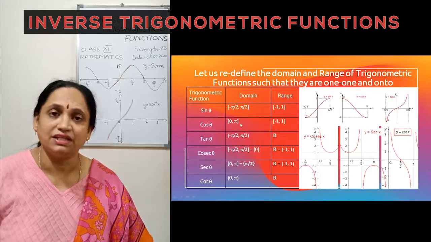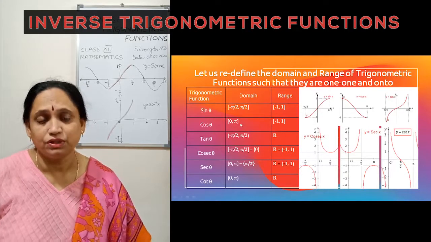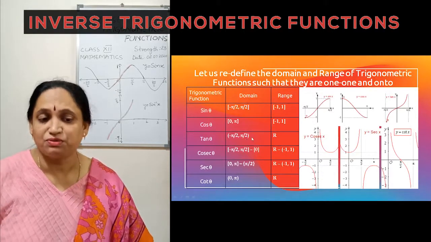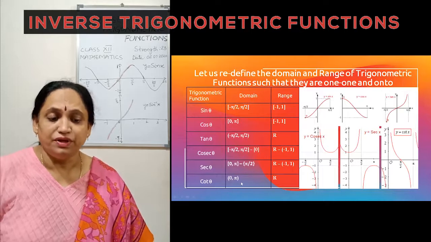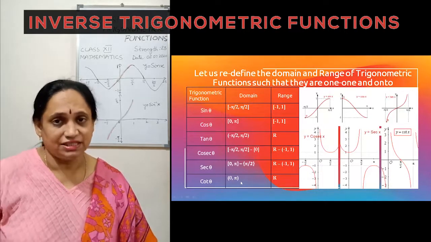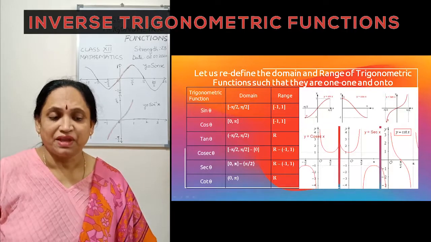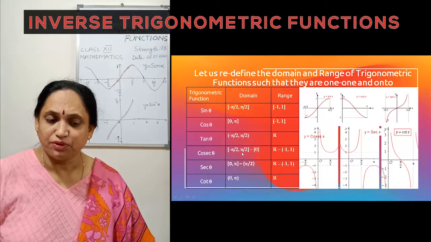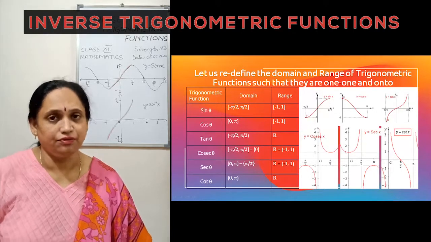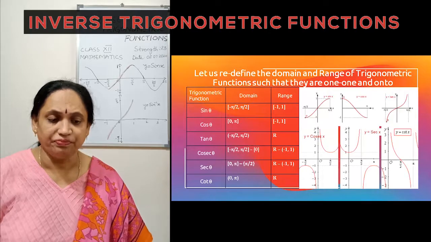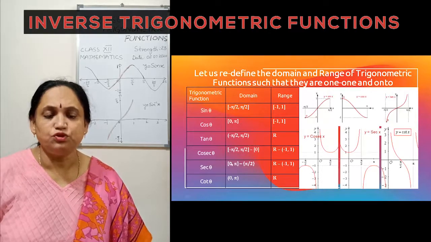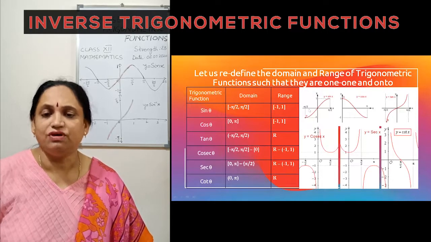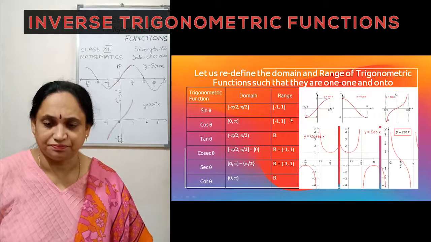So we take the domain as 0 to pi instead of all real numbers. We take the domain of tan as the open interval minus pi by 2 to plus pi by 2. We take the domain of the cot function as the open interval 0 to pi, and the cosecant function, the domain as minus pi by 2 to plus pi by 2 closed interval, and we know at 0 it is not defined, so we remove that 0. And the secant function, 0 to pi closed interval without the 90-degree angle, would definitely give us a 1-1 and onto function.